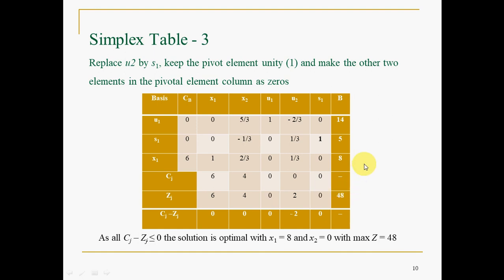So the only difference is that you have to use the surplus and artificial variables. Other than that, it is nothing but the simplex method only. So the concept and the iterations are the same. You have to get Cj minus Zj less than or equal to 0. The only thing is the artificial variable: either you have to eliminate it, or even if it appears in the basis, you should take its value as 0, if at all.